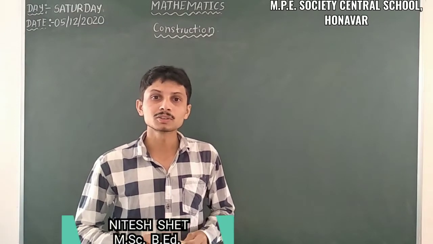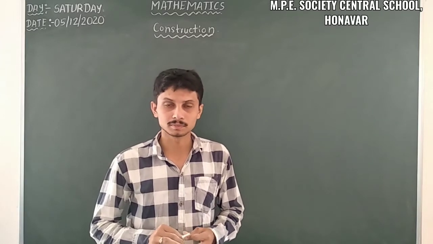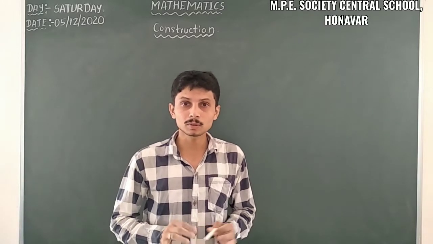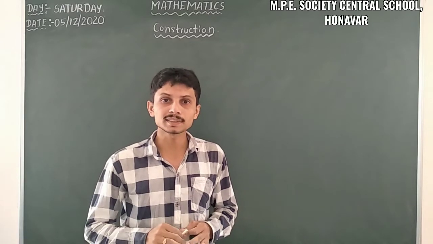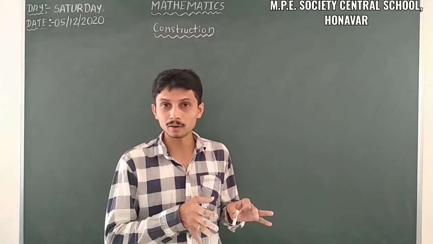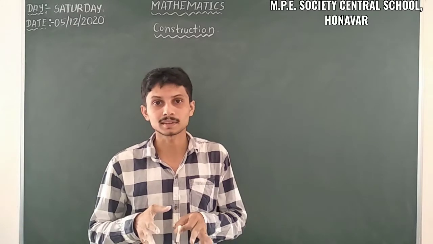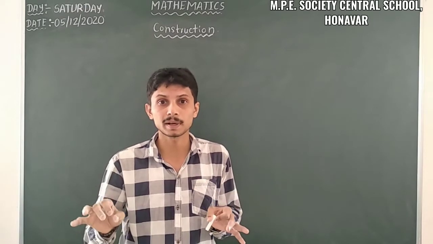I am from Mannavara. So last class we discussed a topic from 9th standard, that is construction. In construction we already discussed construction 11.1, that is to construct an angle bisector of a given angle ABC. So here we have to find out another bisector, which is not only a bisector, it is a perpendicular bisector.